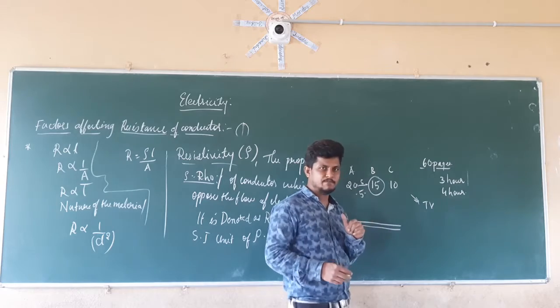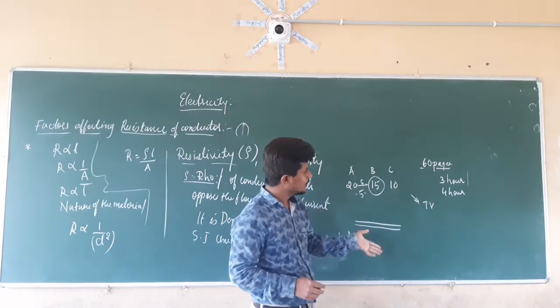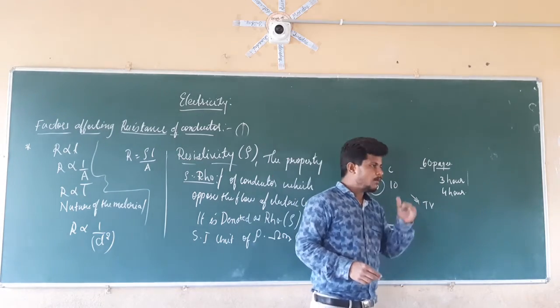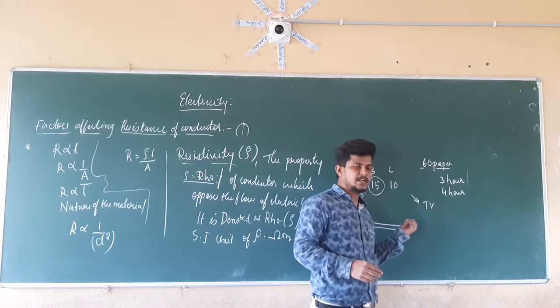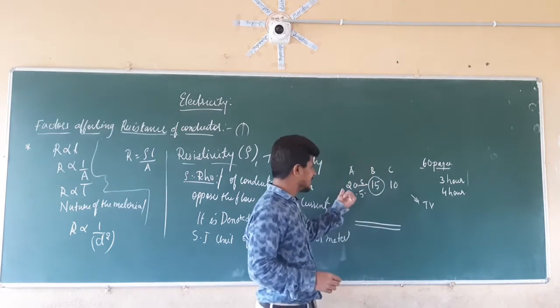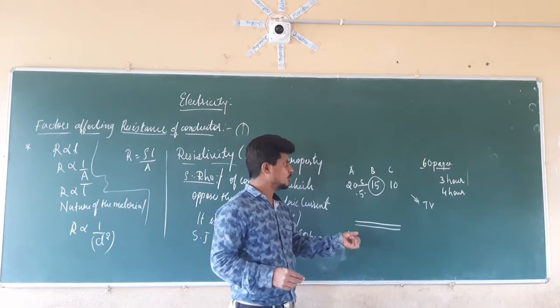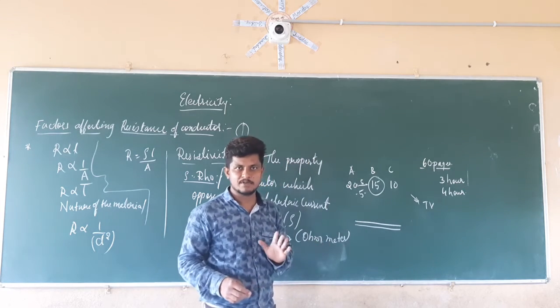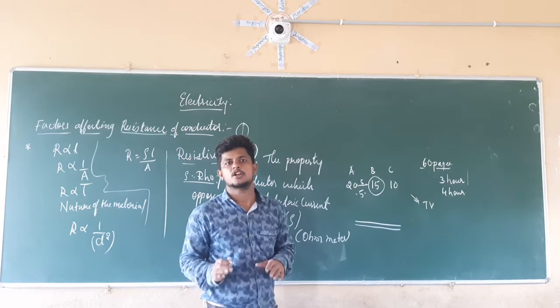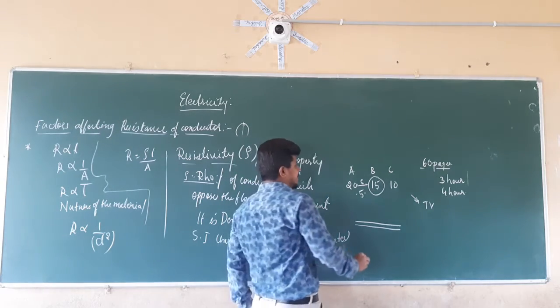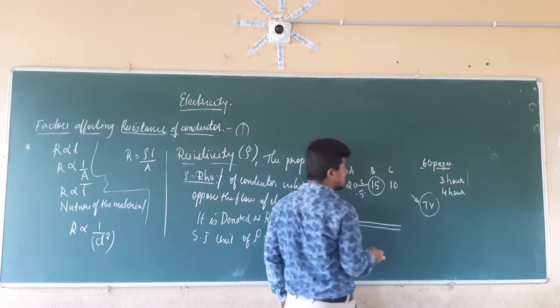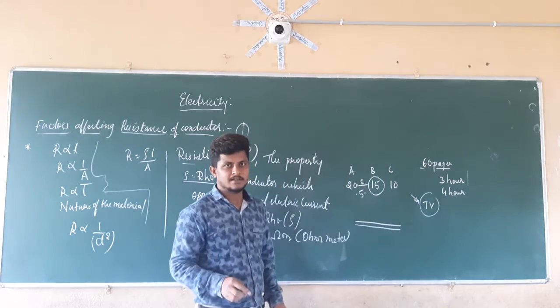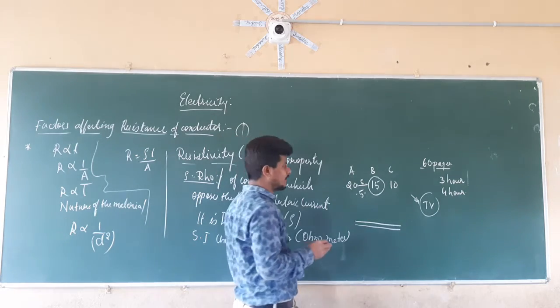B is going to write 15 pages, C is going to write 10 pages, before switching on the TV. What will happen when I switch on the TV in front of them? Is it possible that A is going to write 20 pages, B is going to write 15 pages and C is going to write 10 pages? Is it possible? No, it is not possible, since there is an external disturbance coming in the form of the TV.